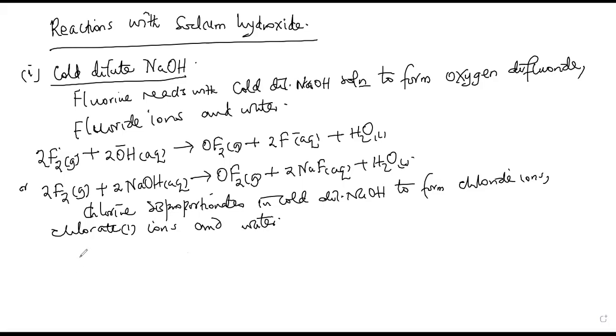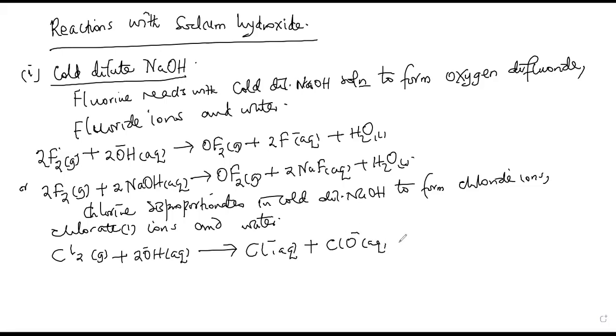So here you can write the equation: chlorine plus sodium hydroxide, which is the hydroxide ions, we form chloride ions plus ClO minus and water, or